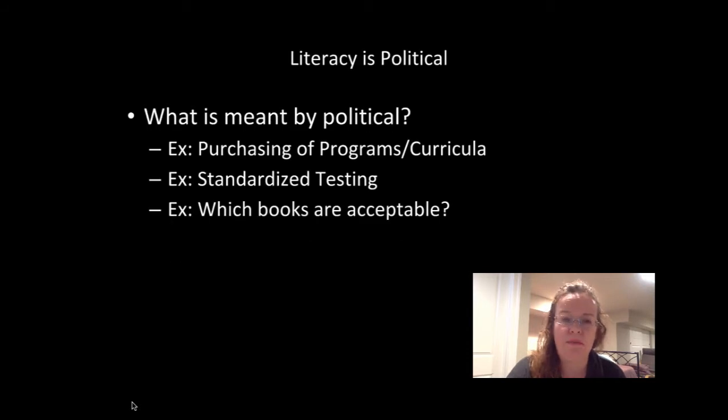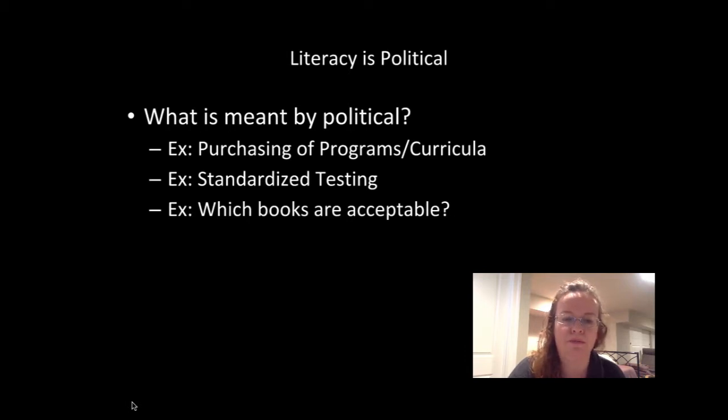So some claims that critical literacy is built on is the idea that literacy is political. So what is meant by political here? It's not necessarily political parties, but certainly it could be connected to political parties. But political in terms that people are making decisions about what kind of curriculum can be purchased in schools, what teachers have to use, and so that determines what kind of information or ideologies that students may have access to